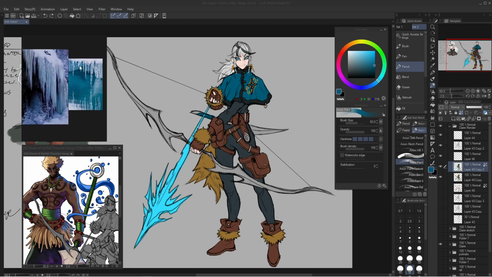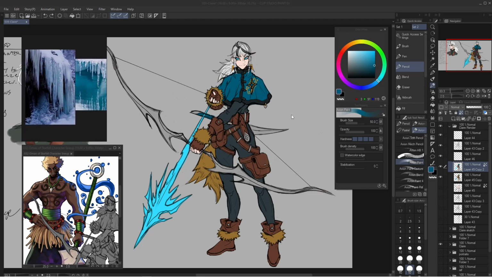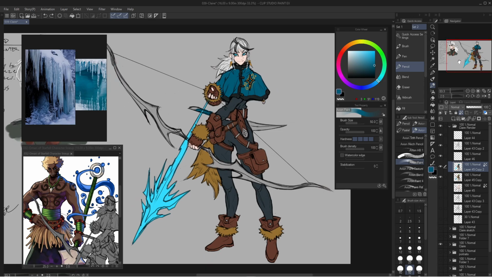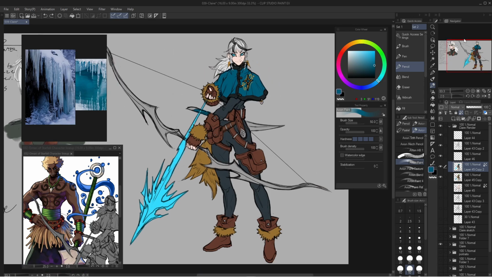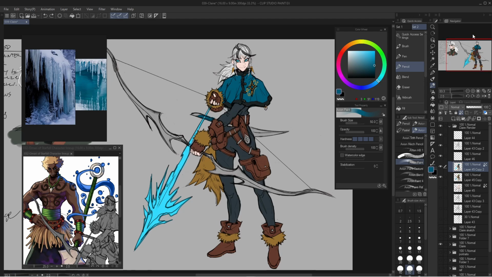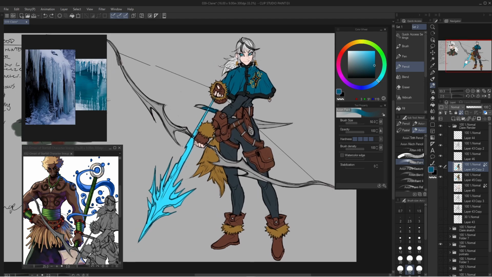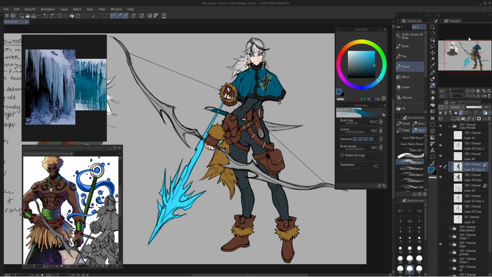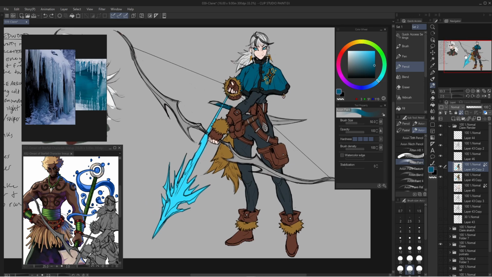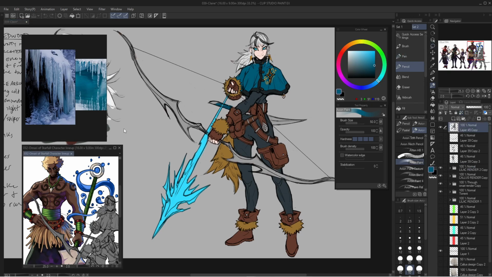I color picked this blue and kind of just went off of that. I'm still keeping it dark and a little bit more mysterious, but I wanted to make it look more cool, more icy, and I feel like this is the best that I can get with this character. And so now with this coloring process, what I like to do to render all my characters,